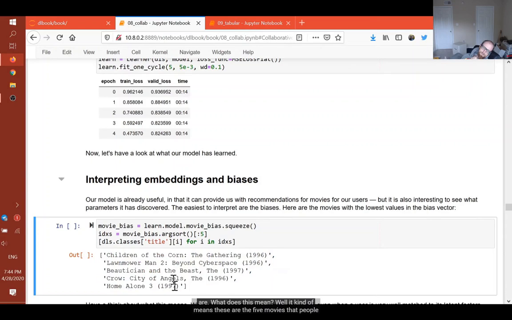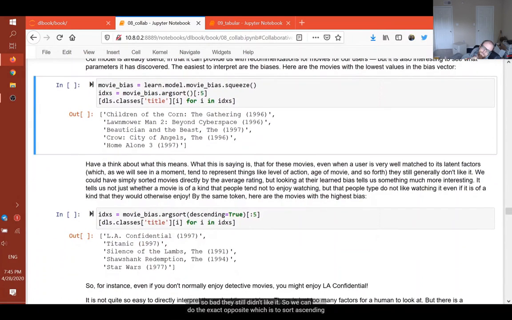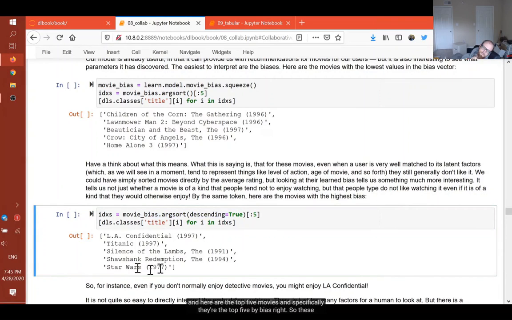What does this mean? Well, these are the 5 movies that people really didn't like. But it's more than that. It's not only that people don't like them, but even if we take account of the genre they're in, the actors they have, whatever the latent factors are, people like them a lot less than they expected. I haven't seen any of these movies, luckily, but perhaps this is a sci-fi movie, so people who like sci-fi movies found this so bad that they didn't like it. So we can do the exact opposite, which is to sort ascending, and here are the top 5 movies,